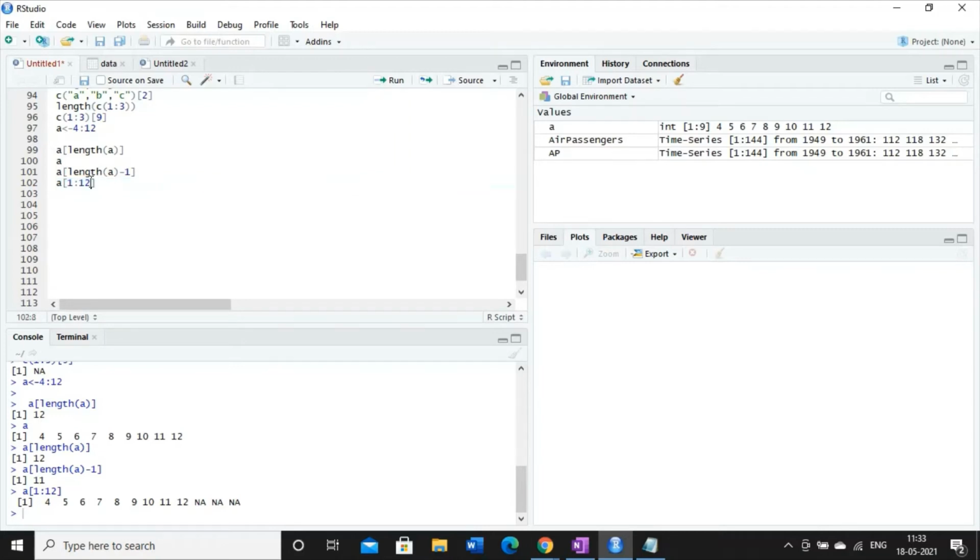Now if I change this index value to, say, 10, let's see what the output is. It is displaying the components of the vector from 4 to 12. So I have discussed that whenever I am printing something with out of index access, it will print all the components as they are and the rest of the part will be filled with the missing value, because these values do not exist in the vector.